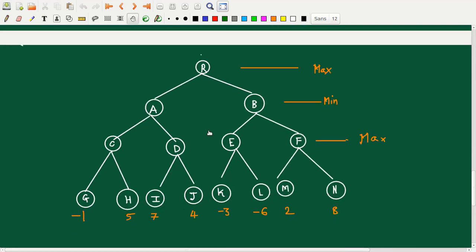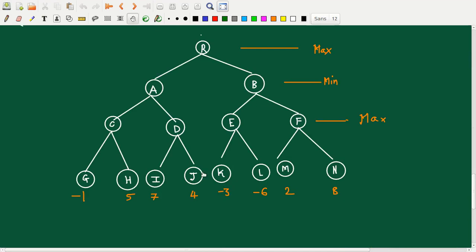We'll also take into consideration another example. Now these are all the chances of winning or losing. These are different chances, or we can say success rates, given. Now we should consider a particular path of success. So we'll take this value and these particular levels. Suppose this is a maximization level, so we should fetch a maximum value from these nodes to their root nodes.